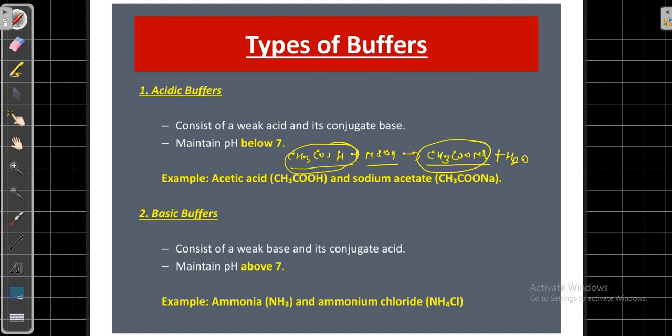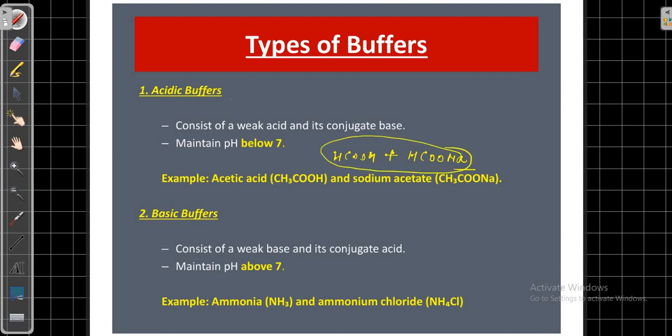है किसका, एसिडिक बफर का। तो ये एक वीक एसिड और इसके कंजुगेट बेस से मिलकर बनते हैं, और एसिडिक बफर्स पीएच को 7 से नीचे मेंटेन करते हैं। एग्जाम्पल यहाँ पे एसिटिक एसिड और सोडियम एसिटेट आप देख सकते हैं। इसके अलावा HCOOH दैट इज दी फॉर्मिक एसिड, जो आपका फॉर्मिक एसिड है, HCOOH और प्लस HCOONa सोडियम फॉर्मेट, इन दोनों का मिक्सचर भी हमारा एग्जाम्पल है किसका, एसिडिक बफर।